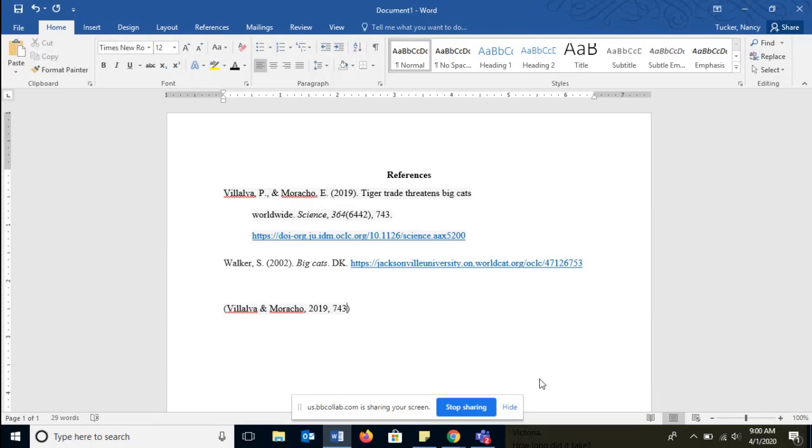number for. But if you're just referring to it, if you're saying in the book, Tiger Trade threatens big cats worldwide, and actually that's a journal article. In the journal article, Tiger Trade threatens big cats worldwide, you don't necessarily have to give the page number unless you're referring to a specific section. So here are two examples of how to use your in-text citation for that first journal article, excuse me. And then the second source is going to be just Walker,